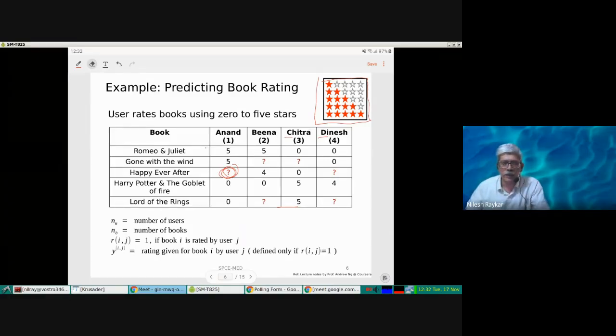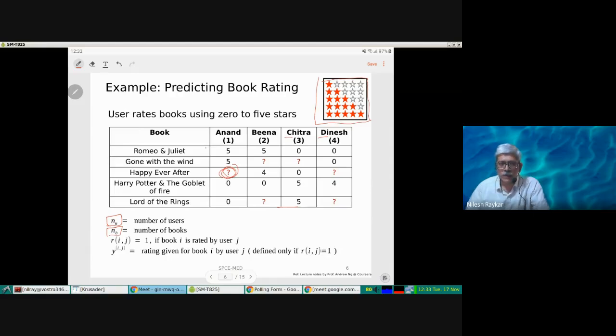But in order to apply the machine learning technique, we need to put it in proper parametric or mathematical form. So in order to do that, let's define some symbols which we'll use in our calculations, in our formulation. Let's say the number of users for this recommender system is NU. NB is the number of books. Here books are taken as an example; it could be any product. NB represents the number of books that particular store has.